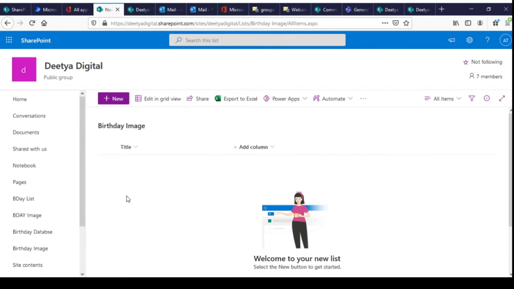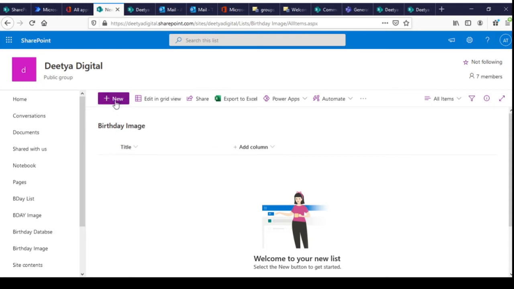So I'll explain why I'm creating this, because we are using a random function in Power Automate. It will pick any random number, and Power Automate will call this particular list, pick that random number, match that number with the title in this list, and call that attachment, and it will embed that attachment into that email.